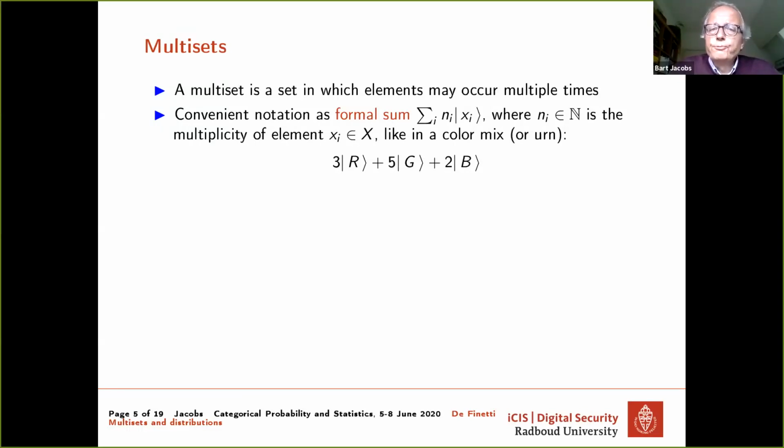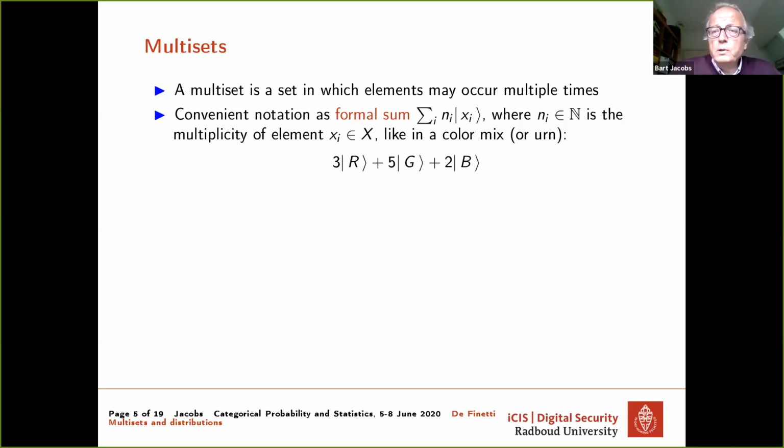So I'll use a formal sum notation with these ket brackets here, and they are used to distinguish the elements of the multisets from their multiplicity. So in this example here, I have a color mix where I have 3 units of red, 5 units of green, and 2 units of blue put together.